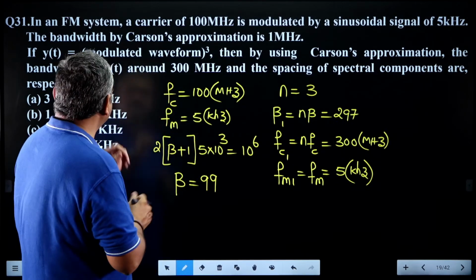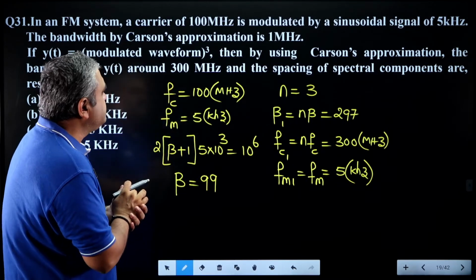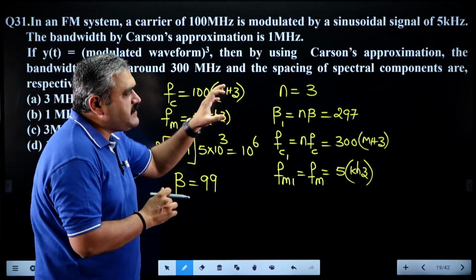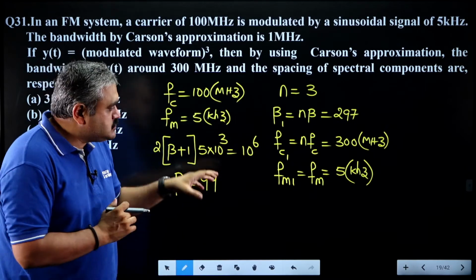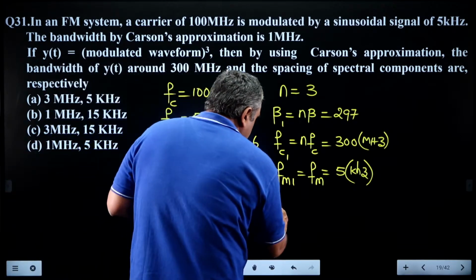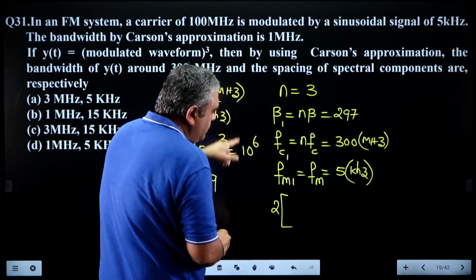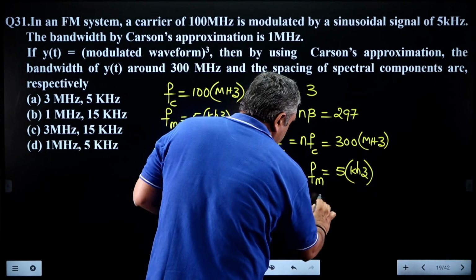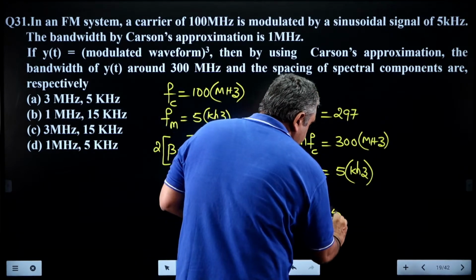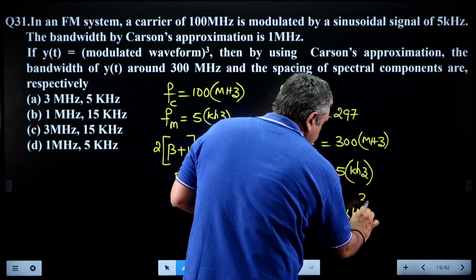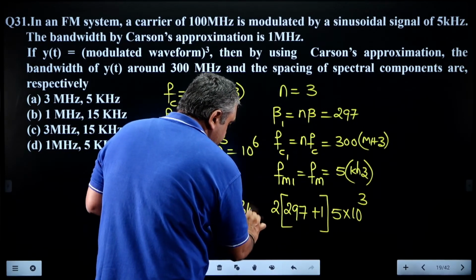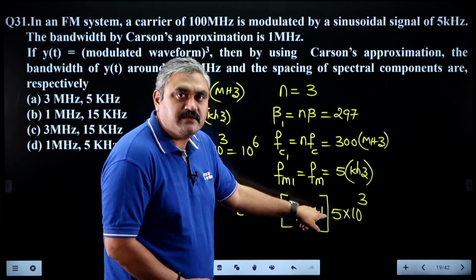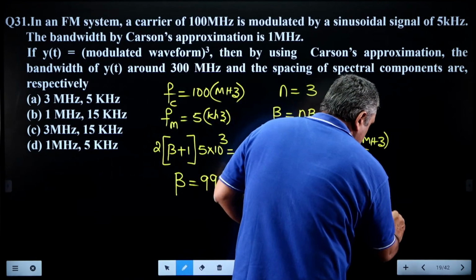Now what is he asking? Then by using Carson's approximation, the bandwidth of the signal y of t around 300 megahertz and the spacing between the spectral components are dash. So what will be the bandwidth? Formula is the same. 2 into, in place of beta, I am substituting the new value of beta, which you got as 297, plus 1, multiplied by message signal frequency, which is remaining constant at 5 kilohertz. So this would be the value of bandwidth. If you observe here, this is 10 power 4 into 298. So you can write this as 2.98